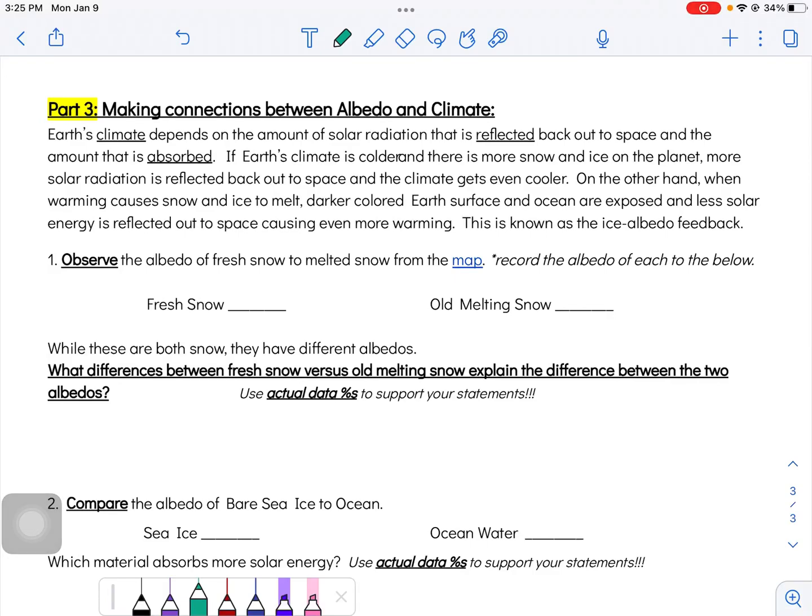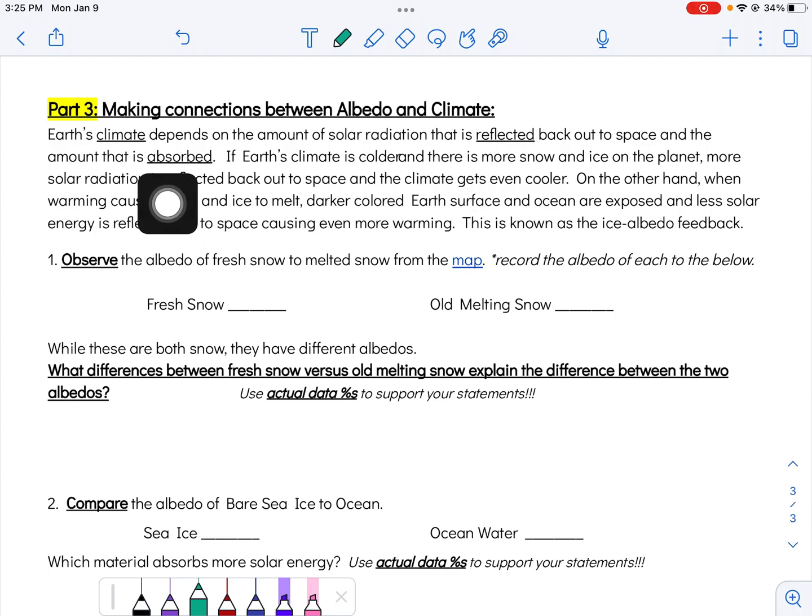Now that we have a definition of albedo and we have some data, now we need to make connections. Well, what does albedo have to do with energy on the Earth and therefore climate? So you've got your short intro here. Earth's climate depends on that amount of solar radiation and how much is reflected back to space compared to how